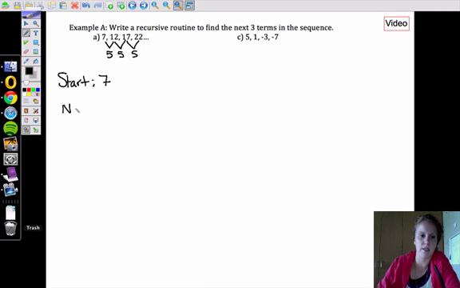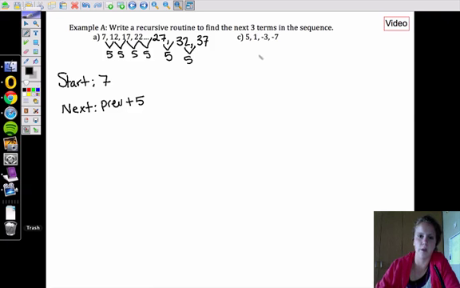So our next is going to equal the previous plus 5. Okay, and if we were to add 5 then, we would have 27, and then add 5 again, and we would have 32, and then add 5 again, and we would have 37